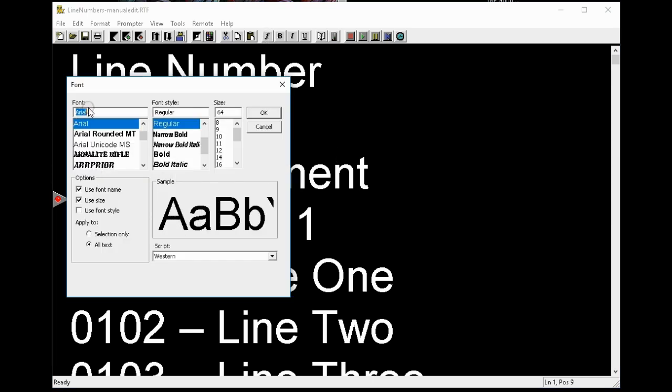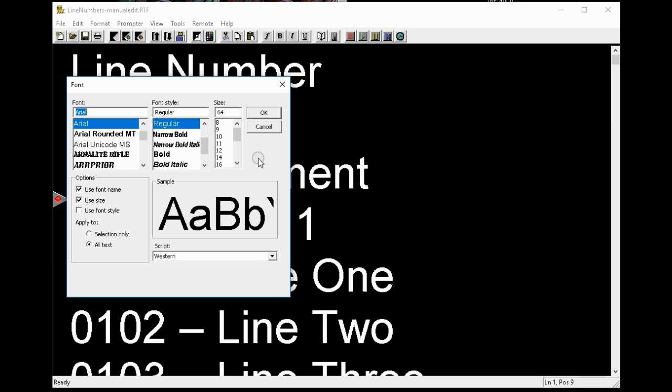In the font selection dialog, you have the name of the currently selected font, or the default font if you have nothing selected. You have the font style, which is a term that we'll discuss in a second. And then there's the font size. There's a lot of confusion about